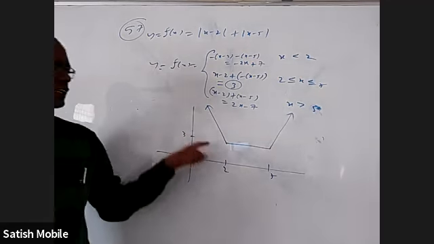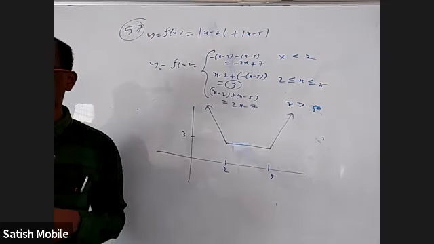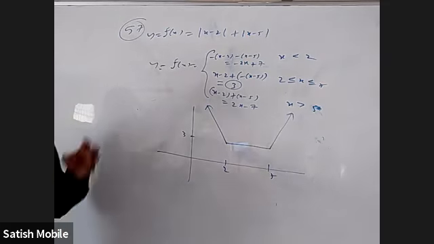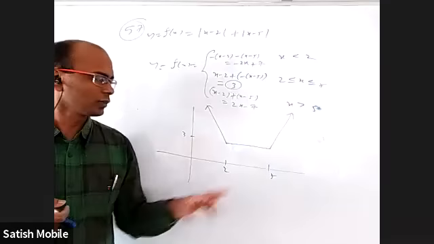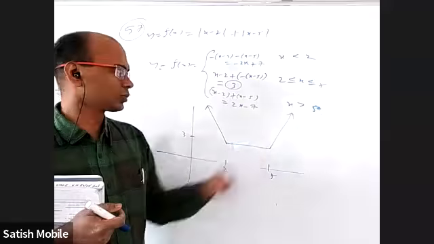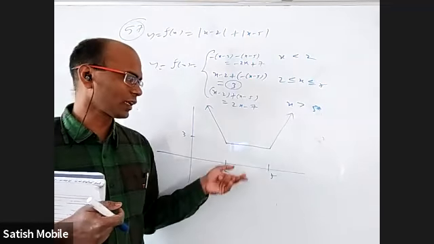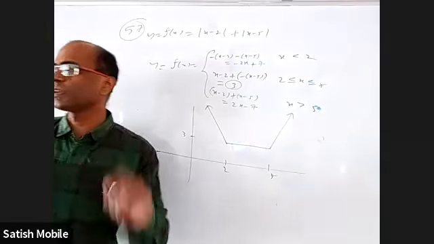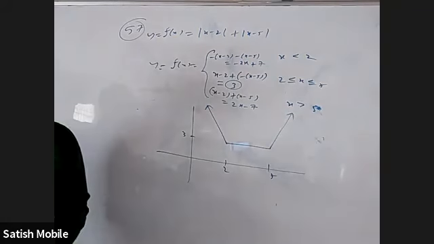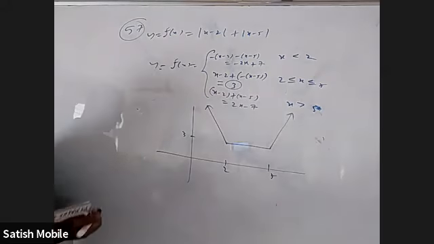Is it continuous everywhere? Is there any gap in the graph anywhere? No, it is continuous everywhere. Is there any sharp change anywhere? There is, at 2 and 5. Just after 5 the slope is 2, and just before 5 the slope is 0. Here there is a sharp change, so the right hand derivative and left hand derivative are different. At 5 it is not differentiable. At 2 it is not differentiable. Everywhere else it is differentiable. So we can check the differentiability too. Okay, like that, many uses are there.